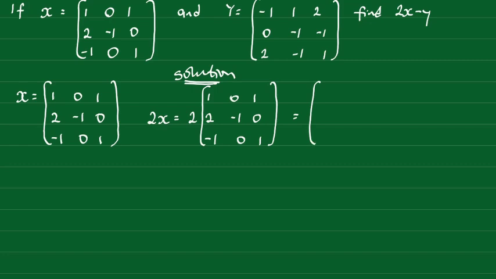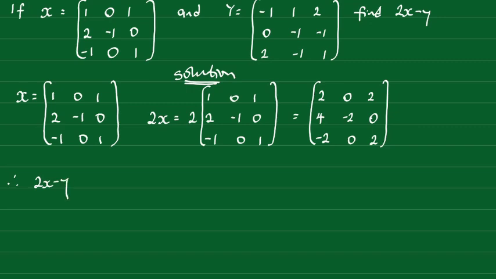the matrix: 2 times 1 is 2, 2 times 0 is 0, 2 times 1 is 2, 2 times 2 is 4, 2 times -1 is -2, 2 times 0 is 0, 2 times -1 is -2, 2 times 0 is 0, 2 times 1 is 2. Now, having gotten our value for 2x, we can proceed to find our value for 2x minus y. Therefore,